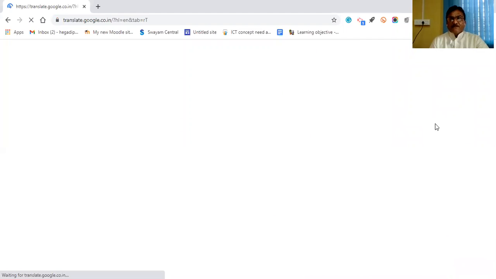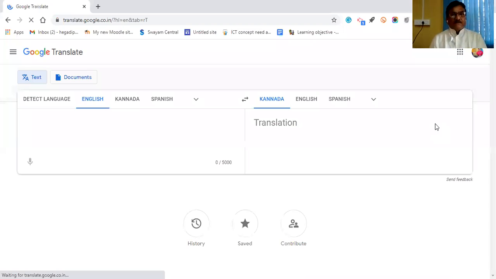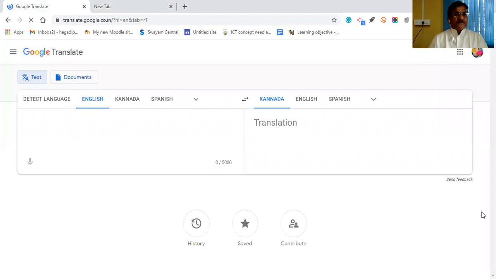This will help you to translate from one language to another language. How to translate? This is the question now here. Okay. How to translate the subject?